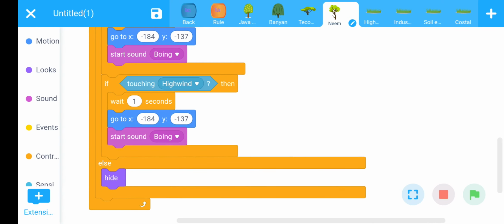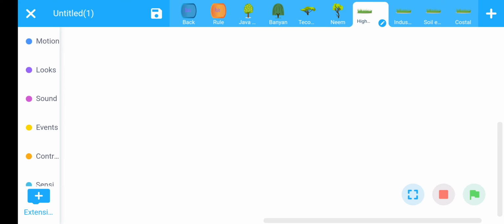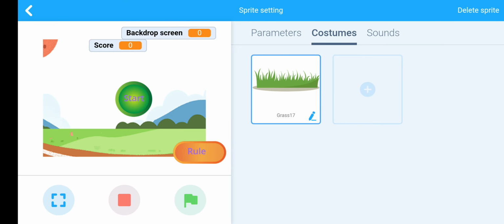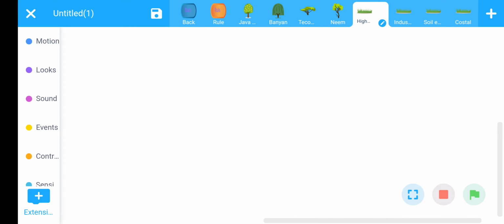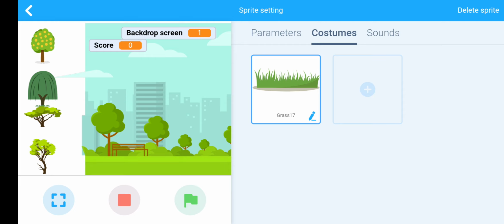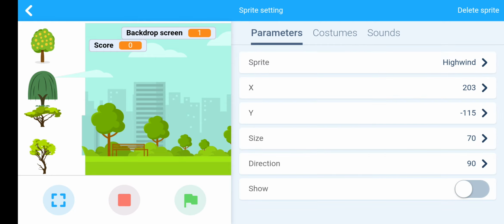Now start coding with soil patches. First I start with high wind soil patches. Check out their parameter.